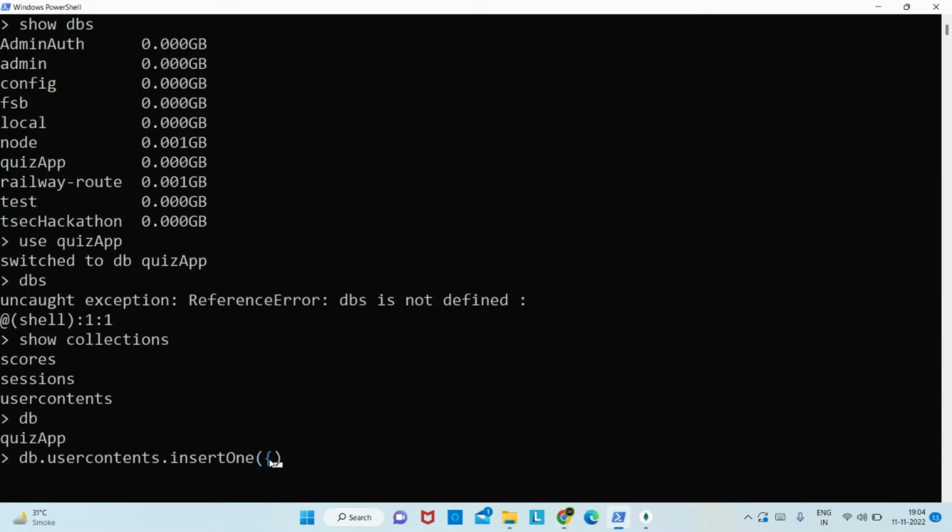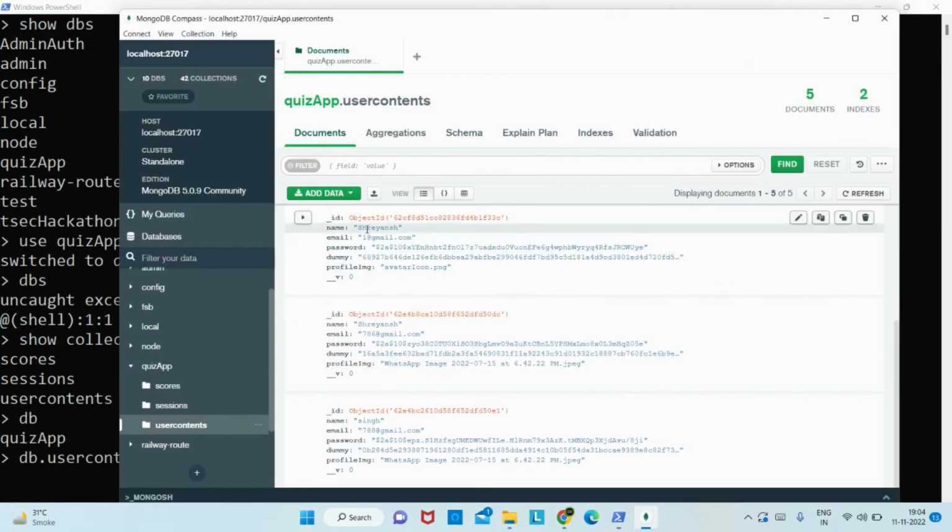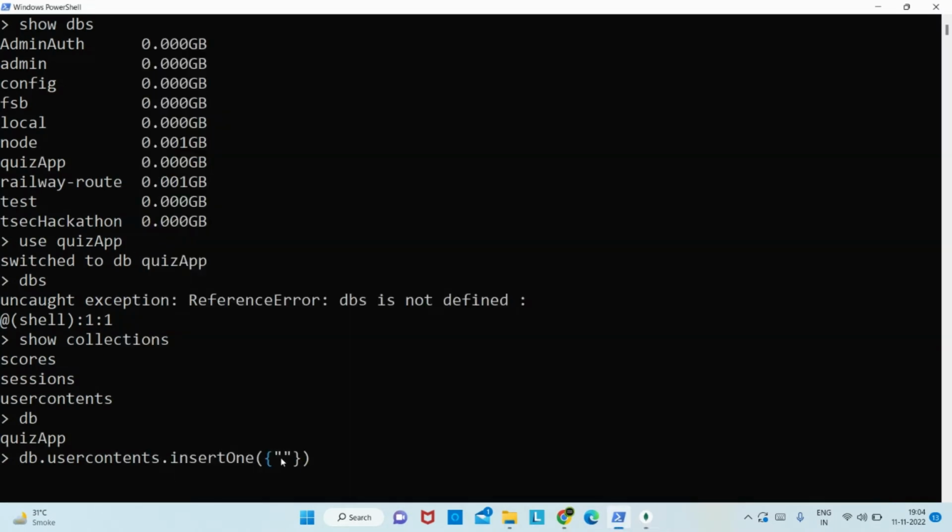So for now, as you have seen, MongoDB can take any number of fields. It doesn't have any constraint. So we will insert what we have in this data in this collection. It has name, email, password, dummy, profile image. So for now, we will insert